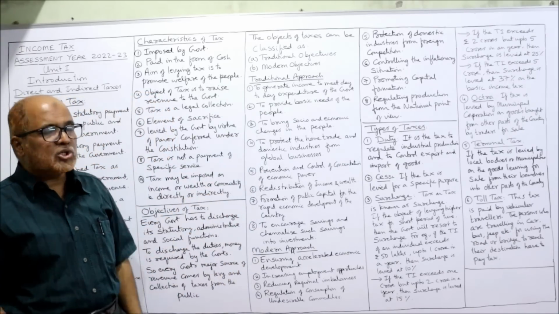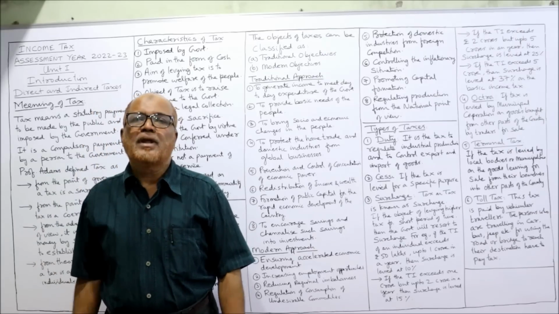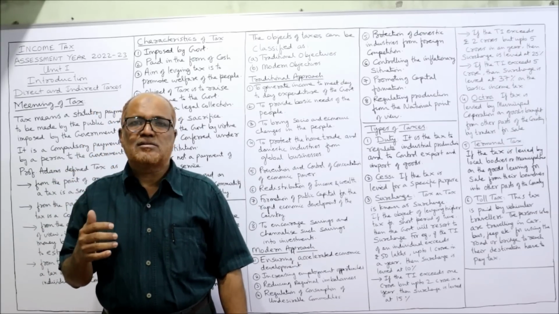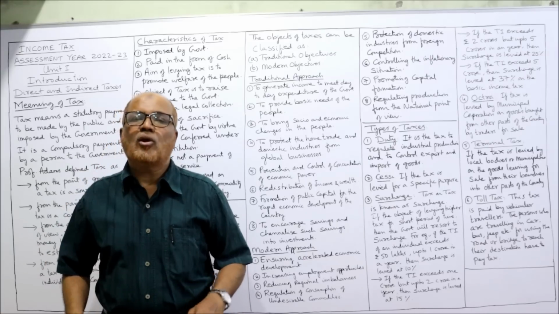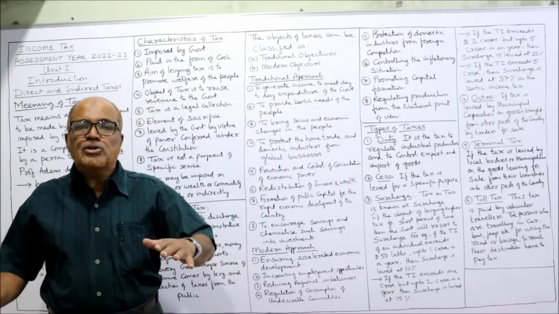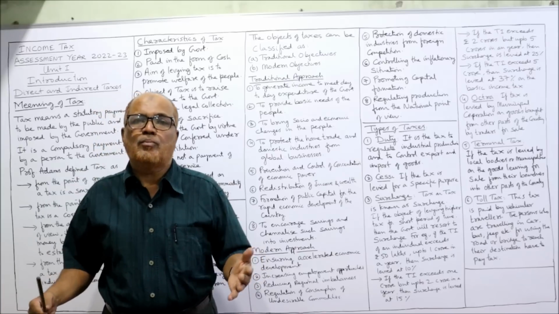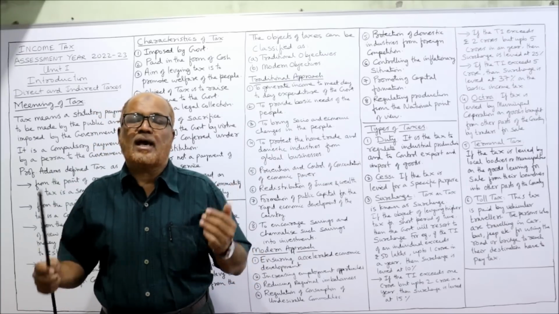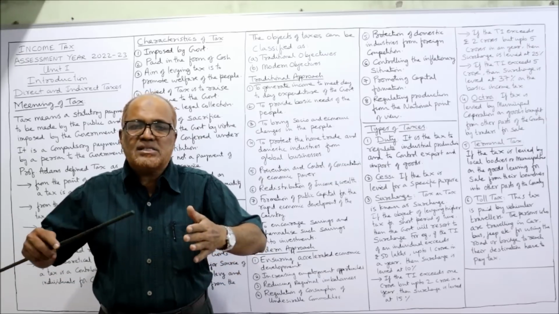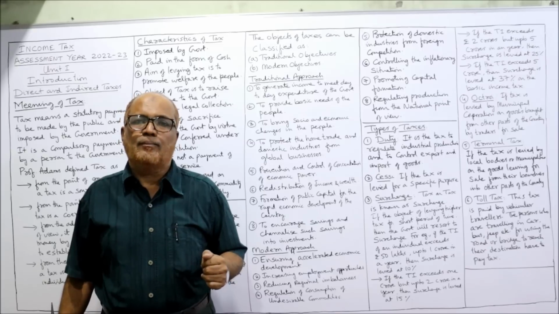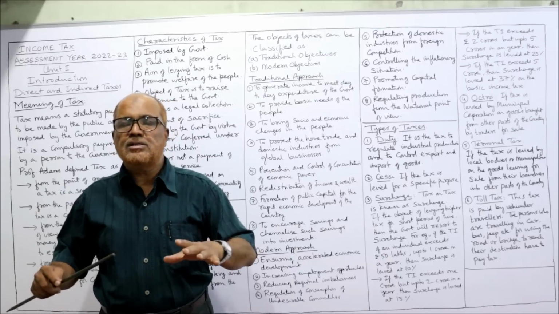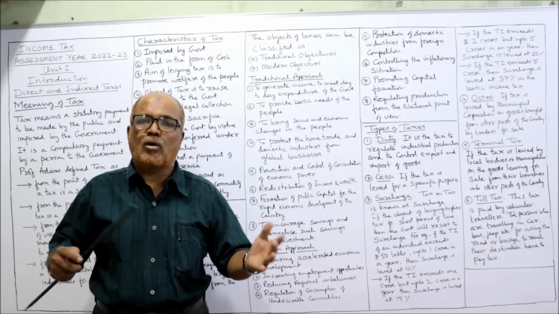Next one, to bring socio-economic changes in the people. Until and unless the people change their minds, change their behavior, we cannot bring about economic development. So for economic development, socio-economic changes have to be brought. That means education has to be increased and health facilities should be provided. Basic infrastructure should be provided so that the people's thinking will change. So to bring about all these socio-economic changes, the government needs money.